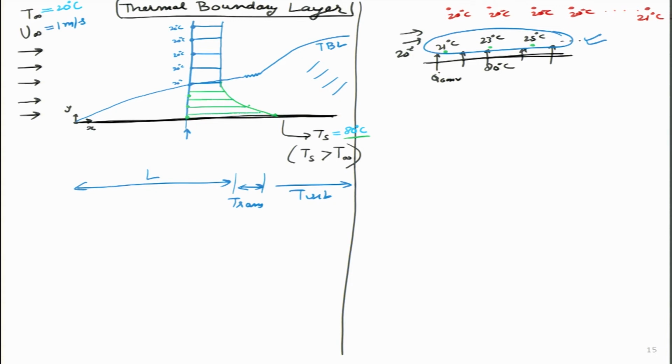So now what I have shown over here is the temperature profile for the whole fluid at a particular location, maybe I will call it x1. And I can do the same exercise for all different x's. And what are the unique things that I have to remember over here? The first thing is, outside the boundary layer the temperature will not change, it will be equal to T infinity. Whatever T infinity was, in our example we have taken it as 20 degrees. So throughout it is 20 degrees.